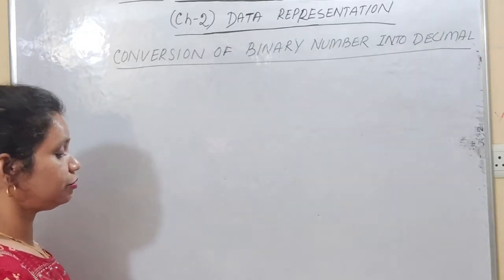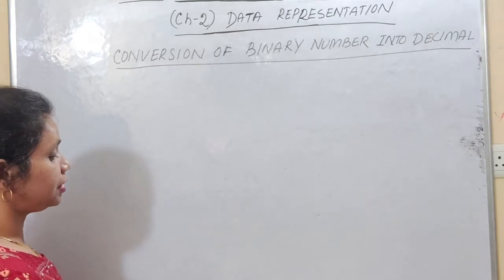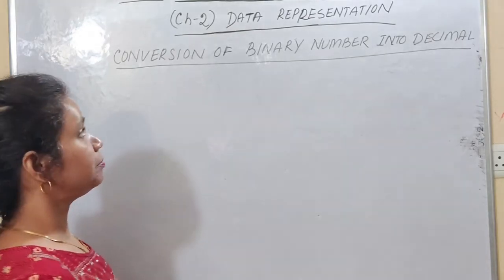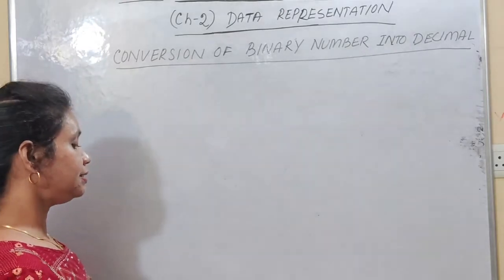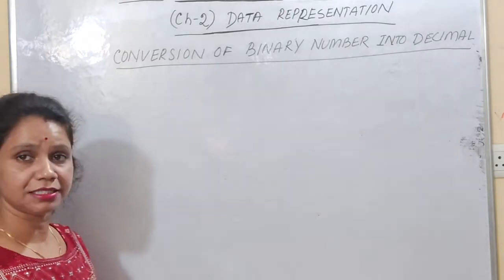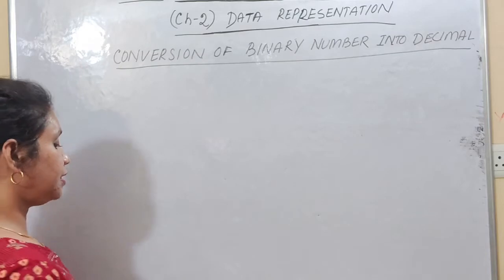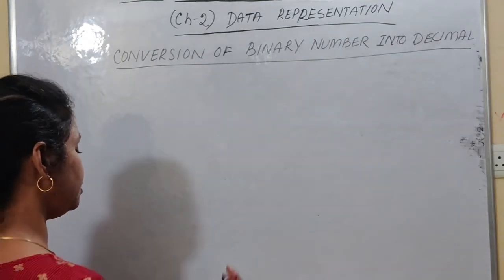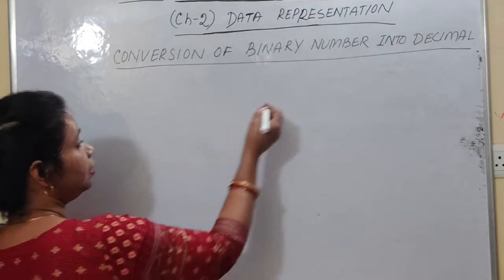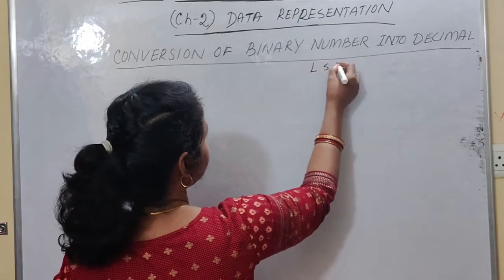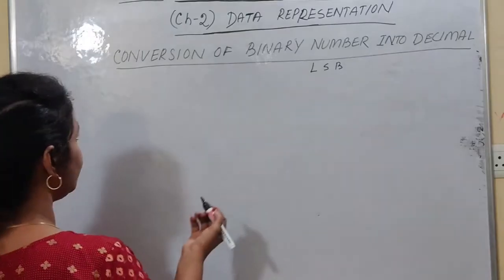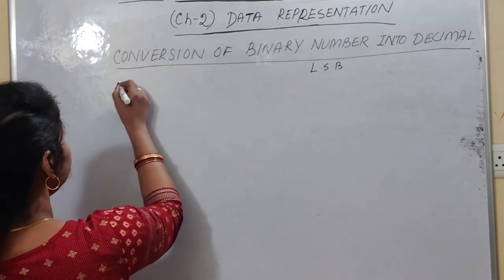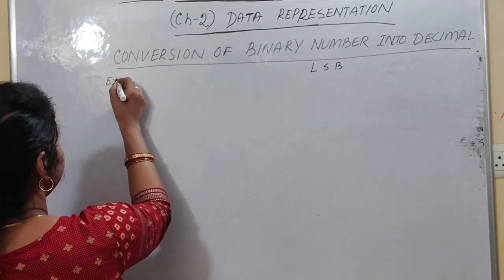So students, as you know that the binary number is a positional system. That means binary number system is also a positional system where each binary digit, that is known as bit, each bit carries a certain weight based on its relative LSB. Right? What is the meaning of LSB? That is least significant bit. Already we have discussed the same. So let us take one example. That is example 1.